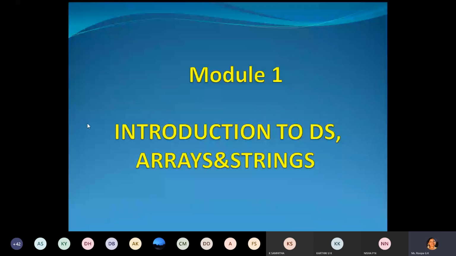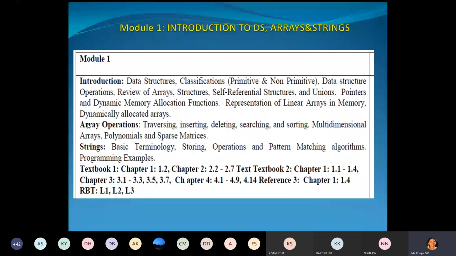This is the description of module 1, introduction. As I told you, what is data structure, what is data, etc. Then classification, primitive and non-primitive. Then data structure operations, review of arrays, structures, self-referential structures, unions, etc.